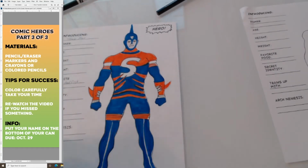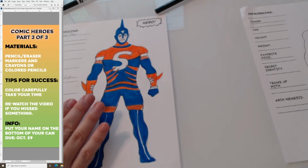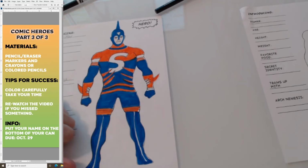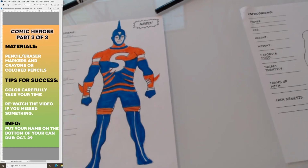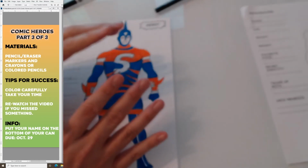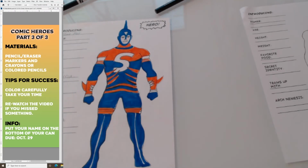Okay? Now, we have a little extra time, so let's talk about adding some shading and some highlights. Actually, it's kind of hard to do highlights, but we'll do some shading. Now, shading, you don't have to do. This is extra. This is extra, okay? But let's say you want to do some shading. You're like, Mr. Smith, how do I do some shading? Well, typically,